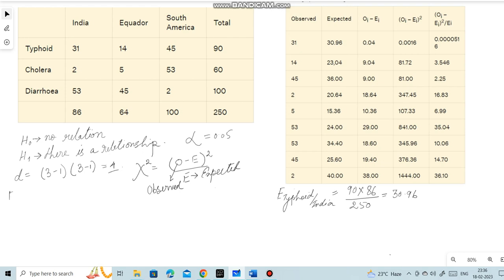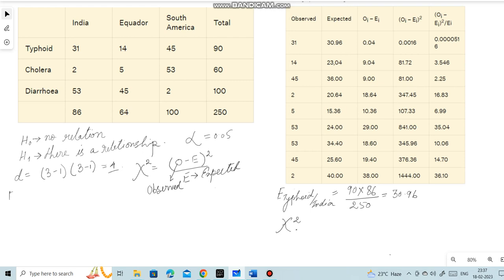So the next step is to find observed minus expected, then square that and then divide it by the expected. Once we do that, we have the chi-square value for each and every geography and each and every disease. Now what we have to do is sum up the chi-square values and get the total. That is the chi-square value for the entire test, for the entire sample, I would say,